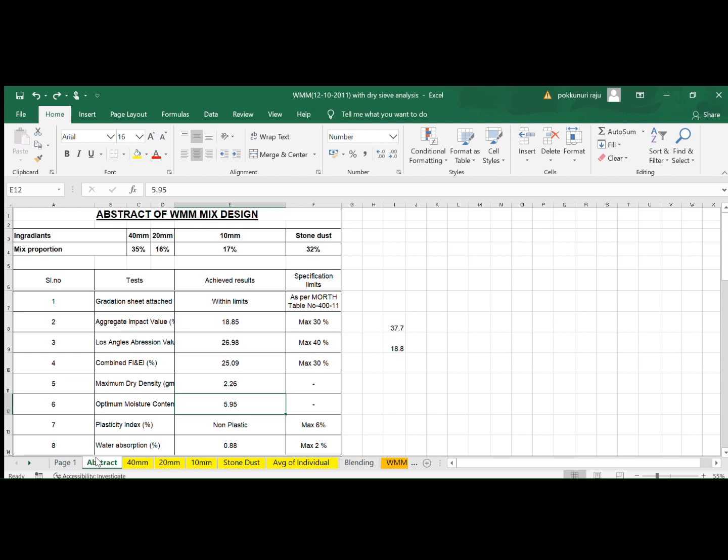That means properties like the physical gradation of the wet mix, aggregate impact value, Los Angeles value, flakiness and elongation values, then Proctor values and plasticity index, and then the water absorption values. Once these are done systematically, you can say that the mix is ready for submission to be approved as wet mix macadam.